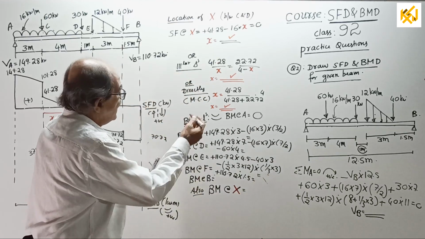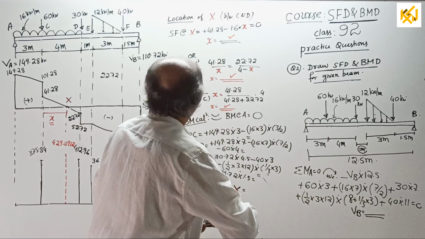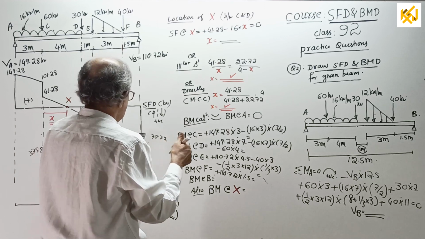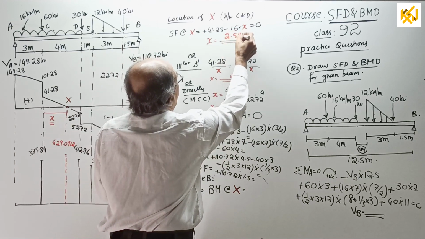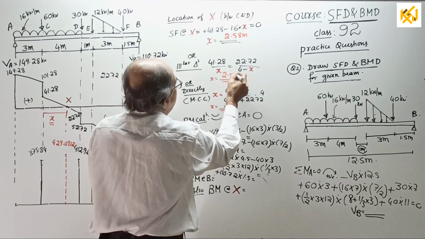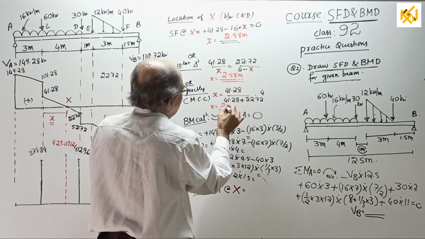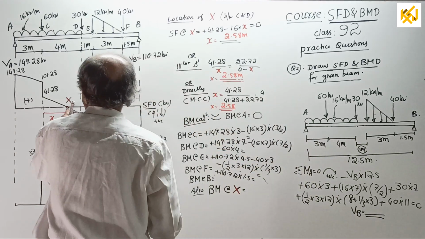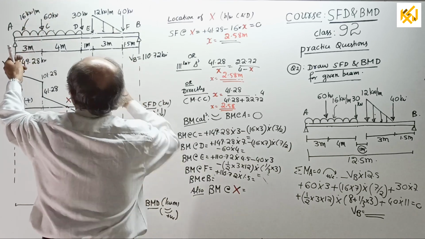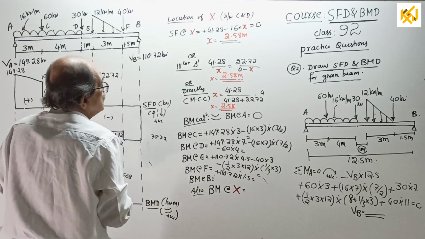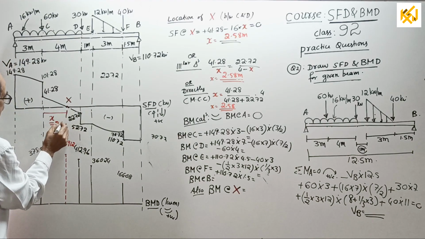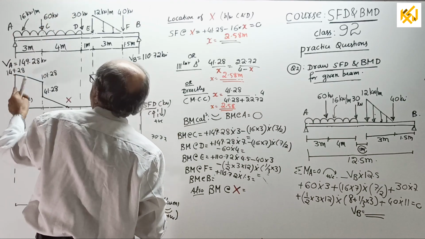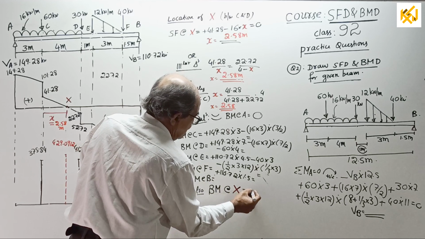Okay, now I want the x value, correct? To show the calculation, I want x value. Now I am finding x value. Okay, one place I will calculate. 2.58 meter. I am not going to calculate here. I am writing 2.58 meter. Not calculating 2.58 meter. Okay, now calculate bending moment here. Bending moment here. Look this side. Plus 149.28 into 3 plus, enter the x value here, 2.58 meter. Okay, now, so plus 149.28 into 3 plus 2.58 plus